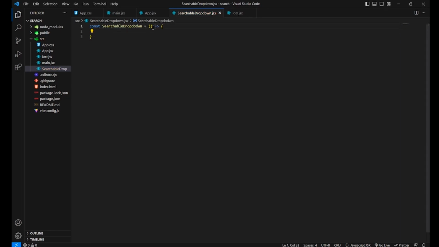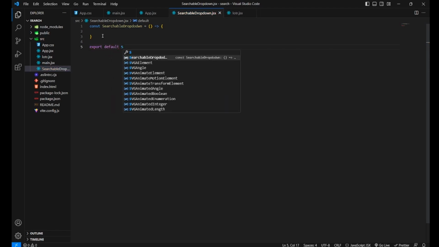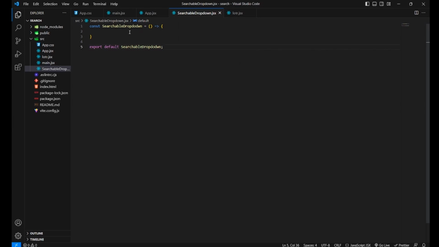Let's give a space and let's export it as default. Okay, done. And we will also create another file